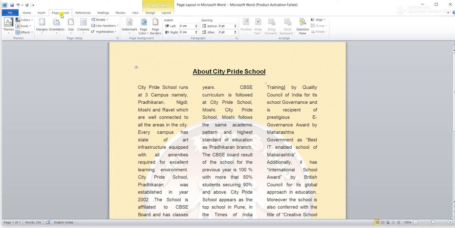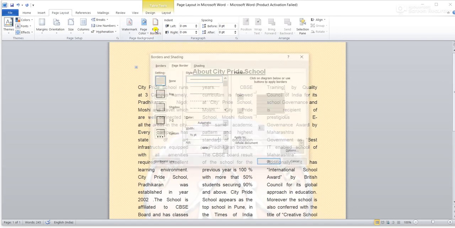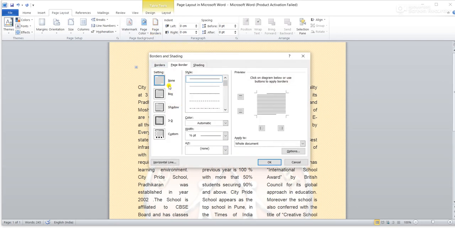Again you have to click on page layout and then page borders. In page borders you have to select any of the types, like box, shadow, 3D, custom. I will select box, so it will give a box to the page.